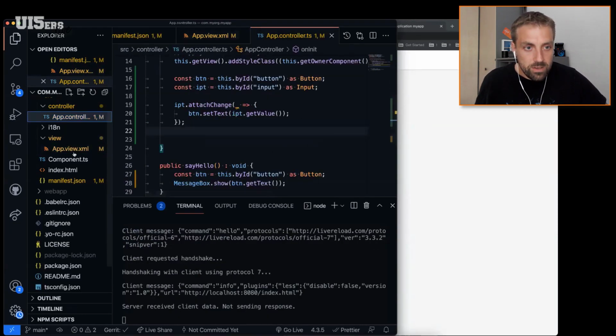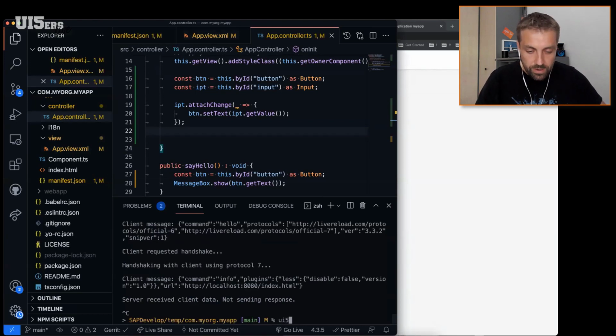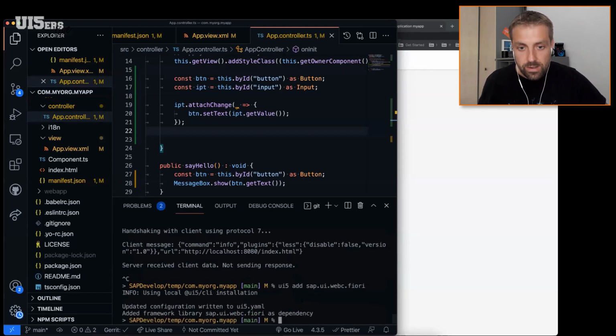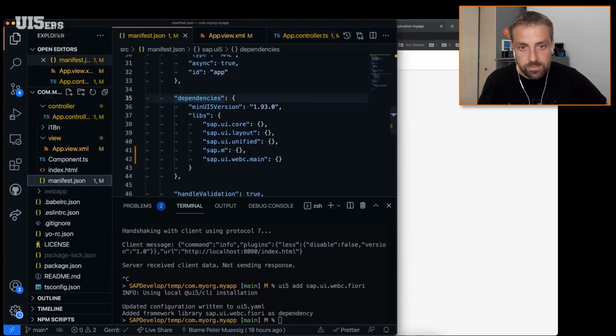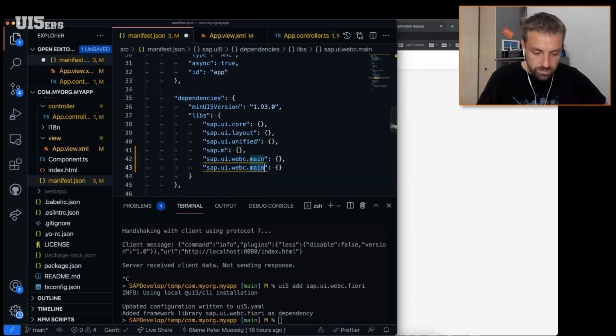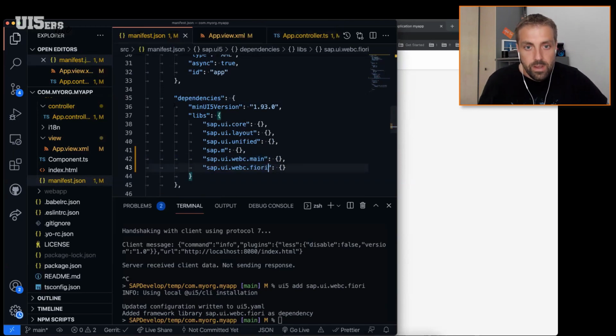And I also want to show you, as the last thing, the Fiori library. So we have the shell bar component. If you want to use the Fiori, then you need to add the SAP UI WebC Fiori library to that. This is also being added. We added it as well to the manifest for the preload stuff when it's being properly bundled. And